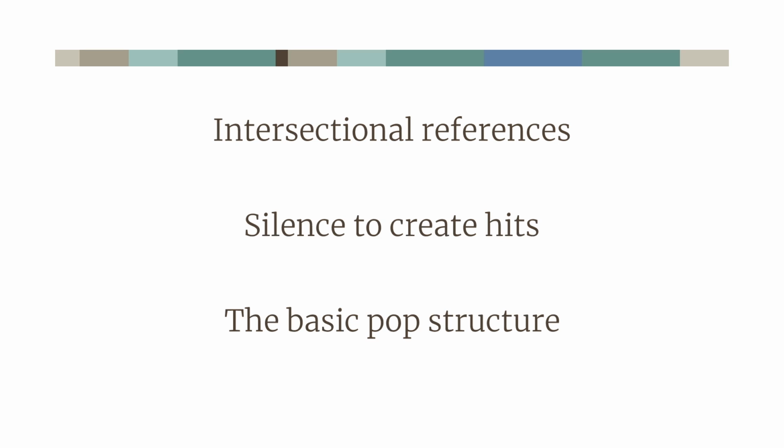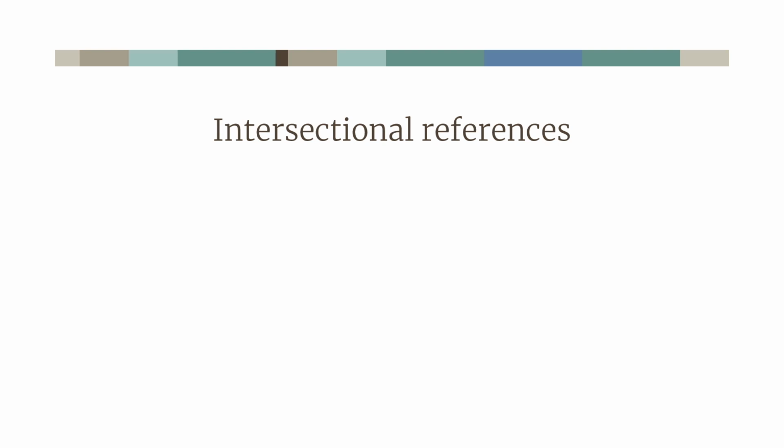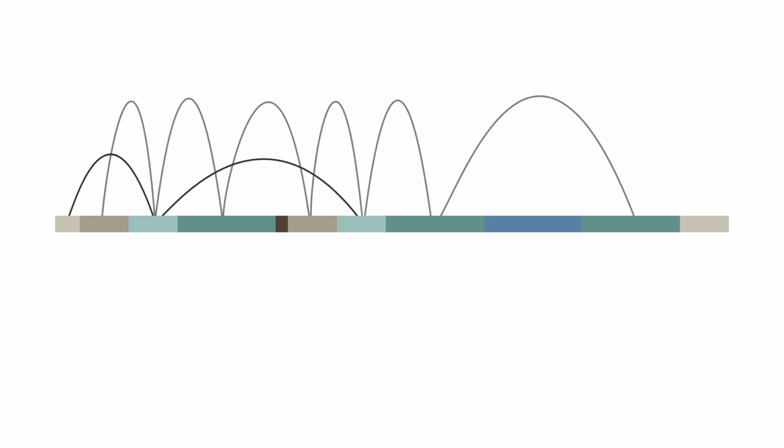Although I could talk about any of these features of the song at great length, today we are going to focus on Baggage's use of intersectional references, in this case with two song-spanning motifs. These motifs appear in seemingly unrelated sections of the song. The first appears in the intro and the pre-choruses. The second appears in the verses, the pre-choruses, and is then overtly referenced in the choruses. You can see how the motifs literally weave the song together.